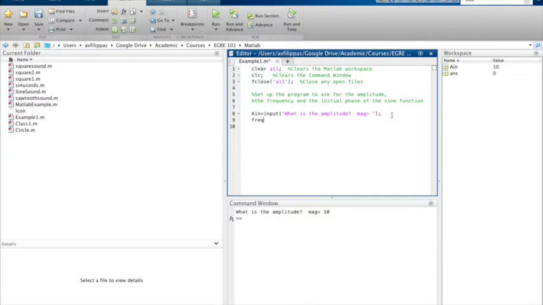And then I want to say FREQ equals input, what is the frequency? And we've learned that there are at least 2 units of frequency, so I'm going to say in hertz. Okay, so FREQ equals and space. And then phi naught, we didn't use this in Excel, but I'm going to use it here, input of what is the initial phase in rads. And phi naught equals, oops,